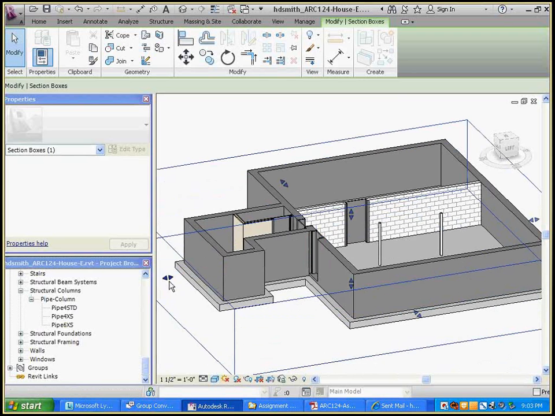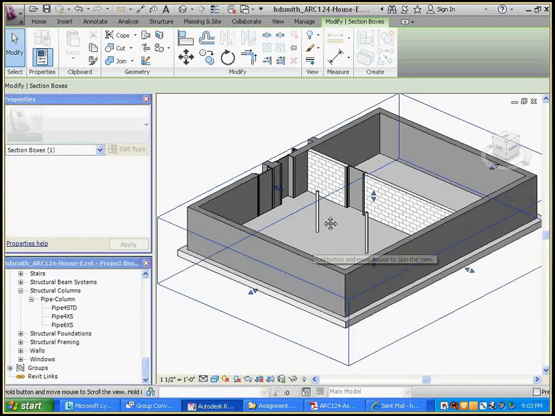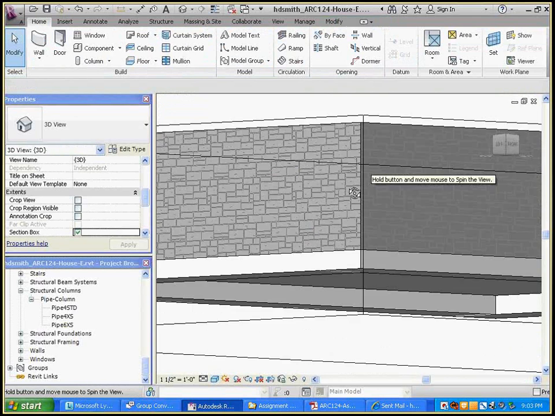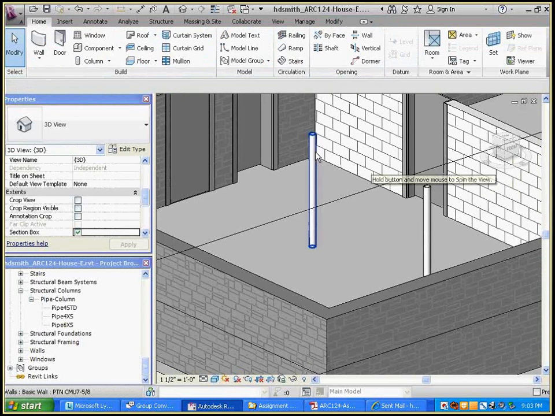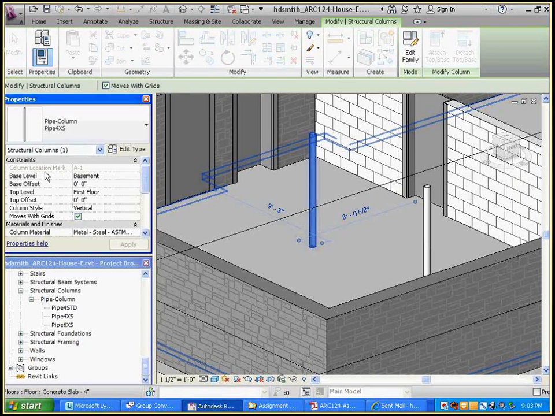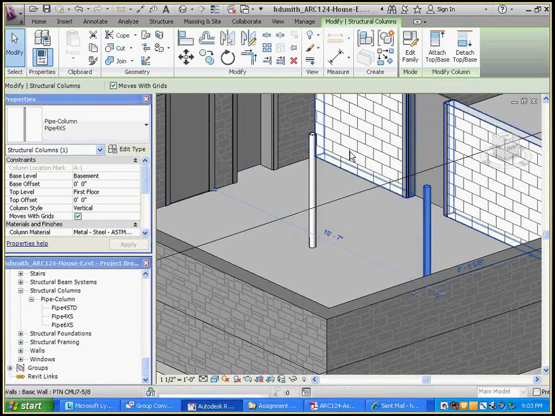There's our pipe columns. So now I want to pay more attention to where the bottom of the column is, because right now I just defaulted to start at the basement because I was at a level 0 view. And columns are very similar to walls in terms of they have a base level and a base offset. So rather than starting the base of the column at the basement floor level,